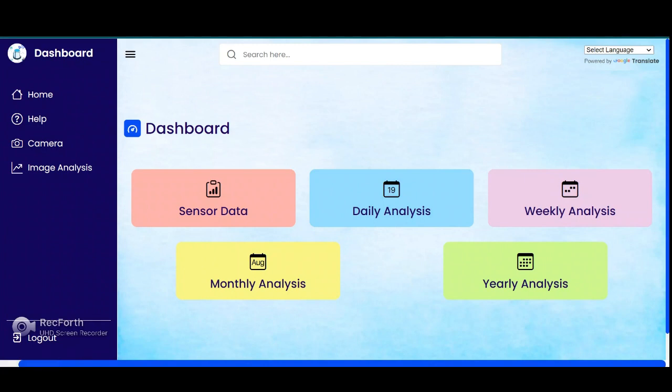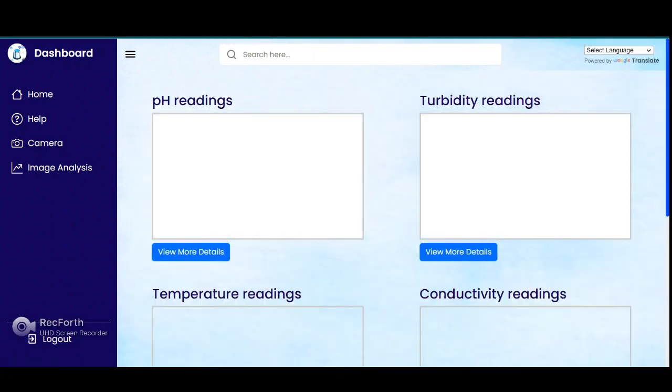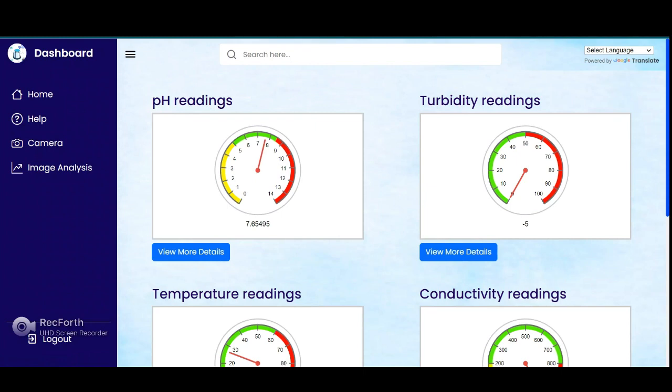It contains a sidebar which has different options like home, help, camera, image analysis and the logout button. The dashboard has different sections like sensor data, daily analysis, weekly analysis, monthly analysis and yearly analysis. When we click on the sensor data option, we can view the readings from all the sensors together in